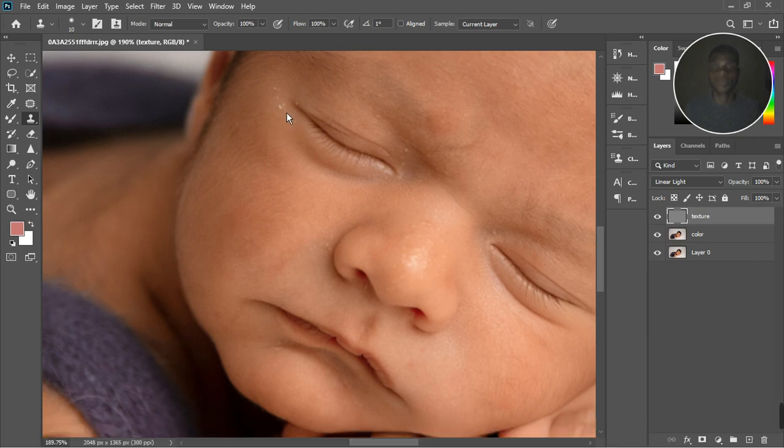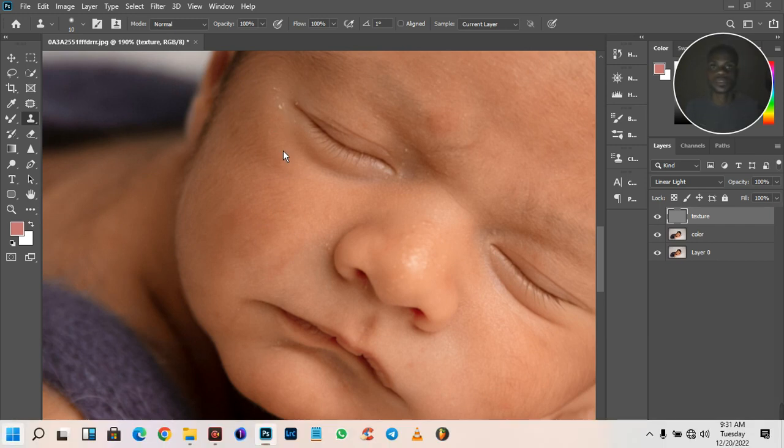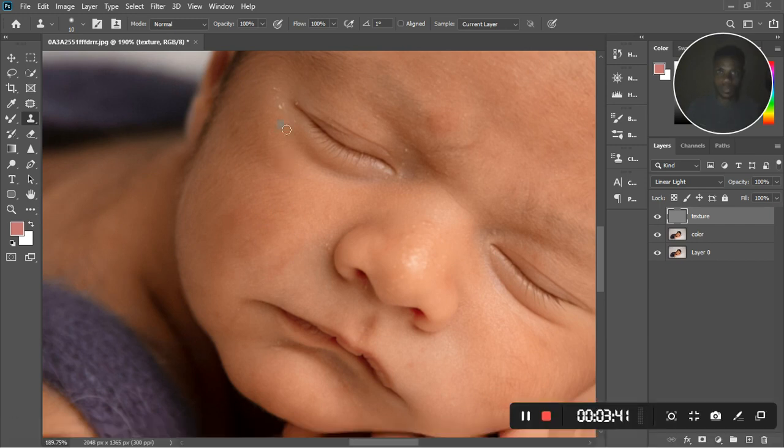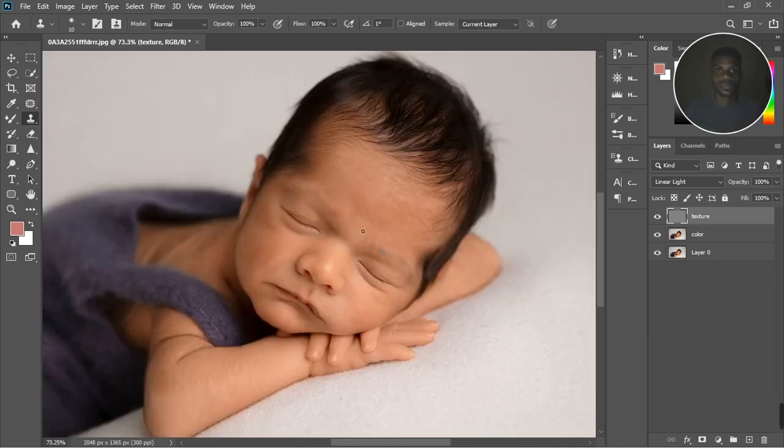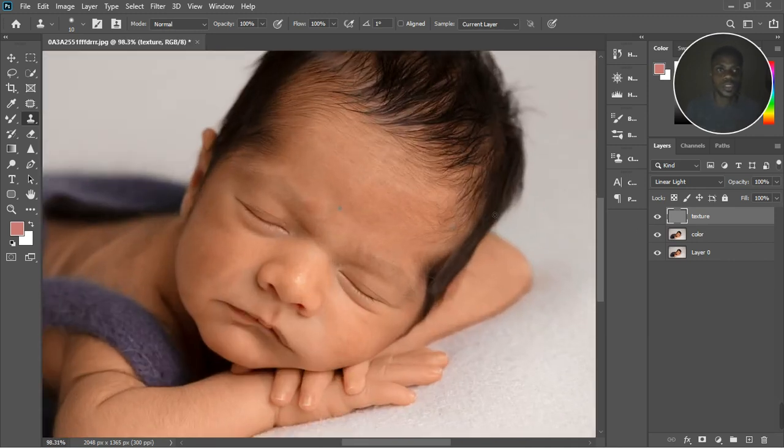So hold down Alt and sample, and then you click. So you can see it actually fixed that. So I'm just going to fix all. Alright, so I'm through with the